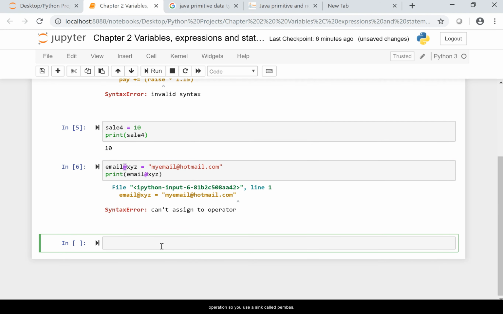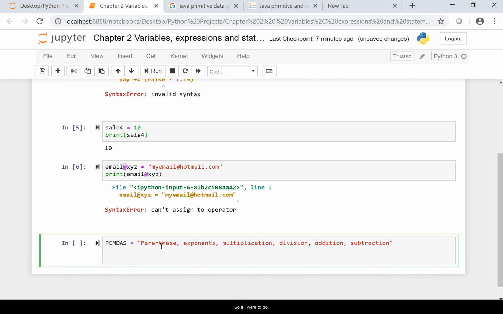So you use this thing called PEMDAS, which is parentheses, exponents, multiplication, division, addition, and subtraction. Okay, so if I were to do, I don't know,